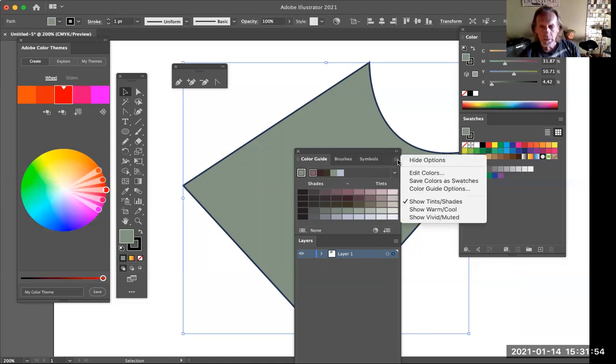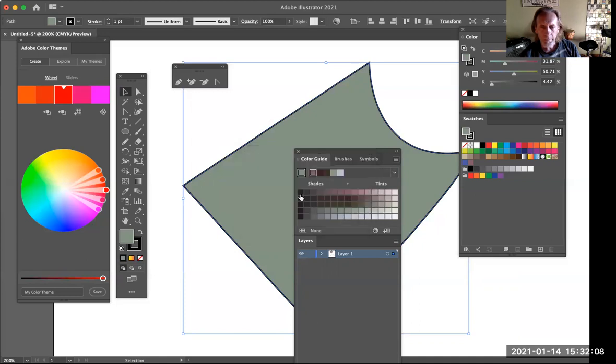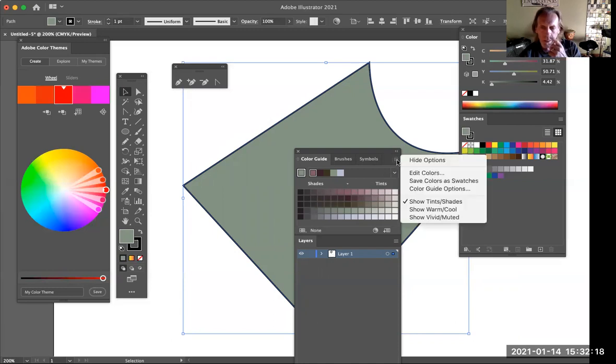So I'm going to click on that, and I can see color guide options. So I'm going to click on that one, and I can see, in this case, more steps. So I'm going to increase the number of steps, say okay. And now I see shades and tints, but I see, I guess, smaller increments between each one that shows up here. I'm going to go back to the options again,